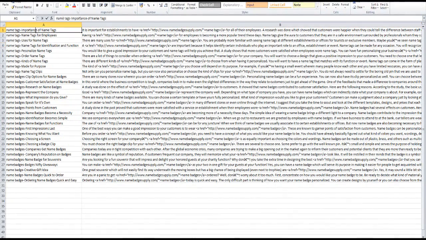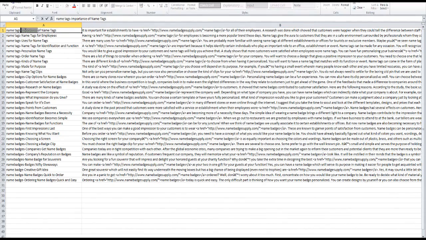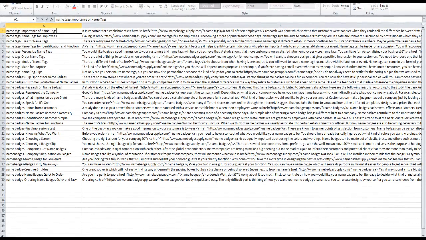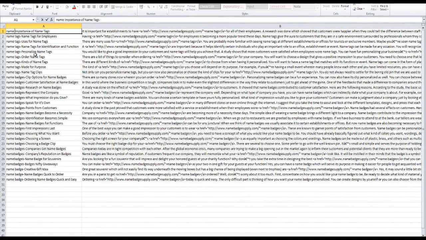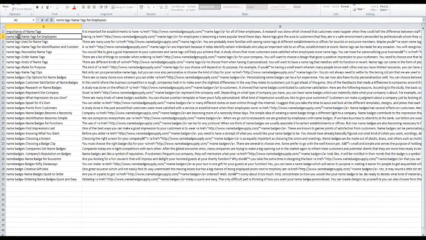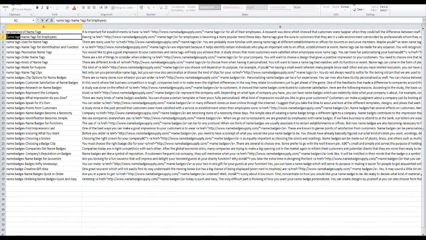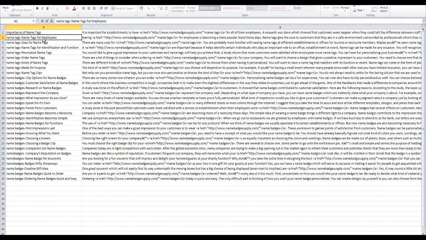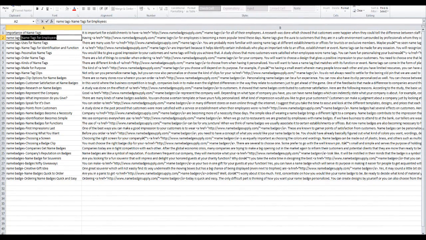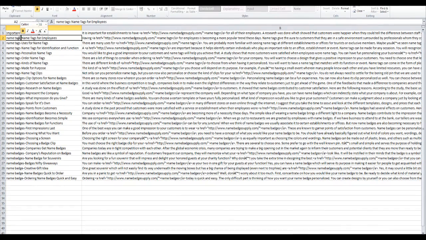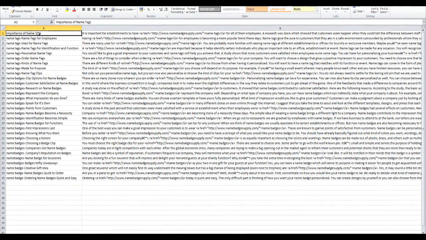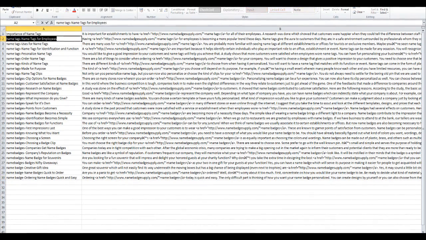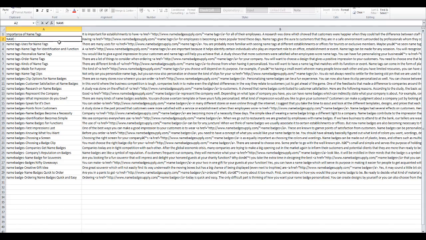Okay, so from now on, this was the old style of doing titles, but now it looks a little bit spammy, okay? So basically what we're going to do is get rid of the old profile, which was basically name tags, hyphen, the keyword, hyphen, and then the first part of the article in many cases, okay? It hasn't done that there, but basically it was this hyphen. Now we want to get rid of the hyphen, okay? So basically, importance of name tags being the keyword. Keyword here is name tags, so you just put